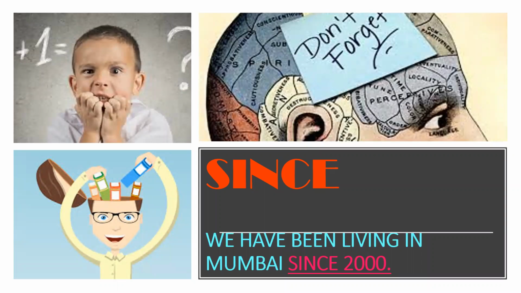There is a concept of since and for also. Whenever we are studying about perfect continuous tense, we always add since or for in these sentences. So we should know when to use since and when to use for. So you should remember that since is like most of the children. That means since hates math. Like most of the children are afraid of maths, similarly, since is also afraid of maths. He does not like maths.